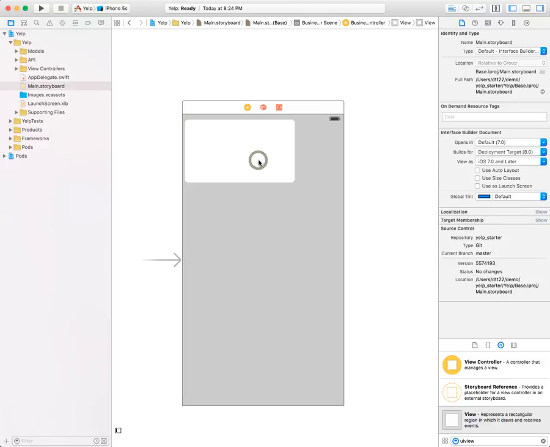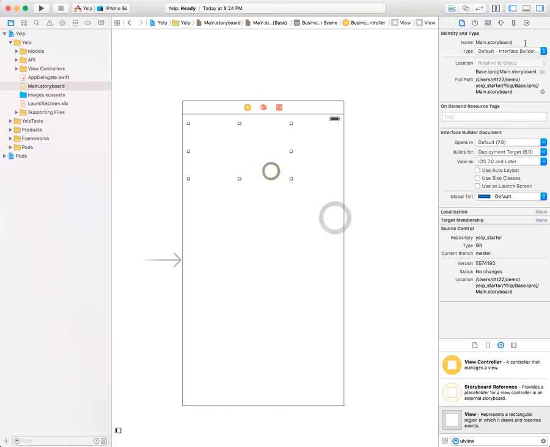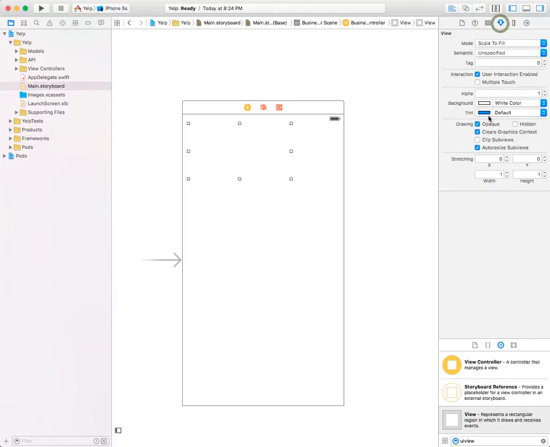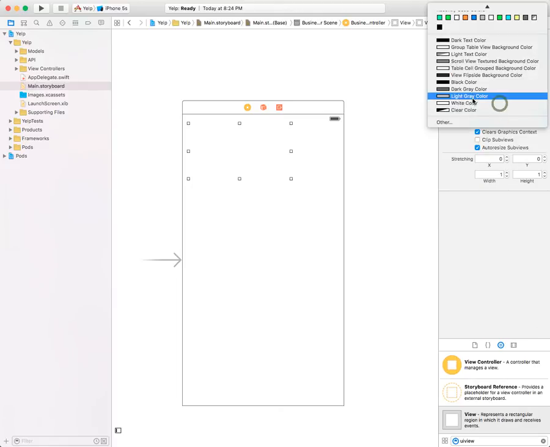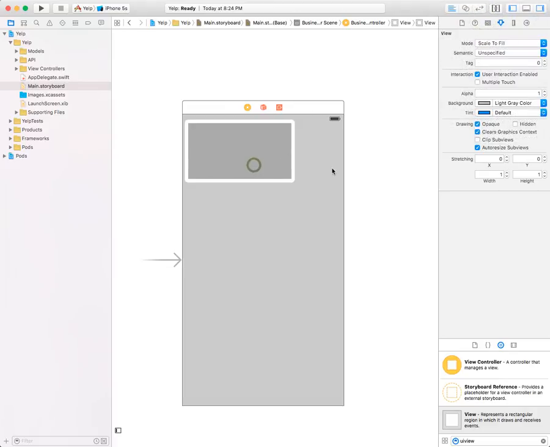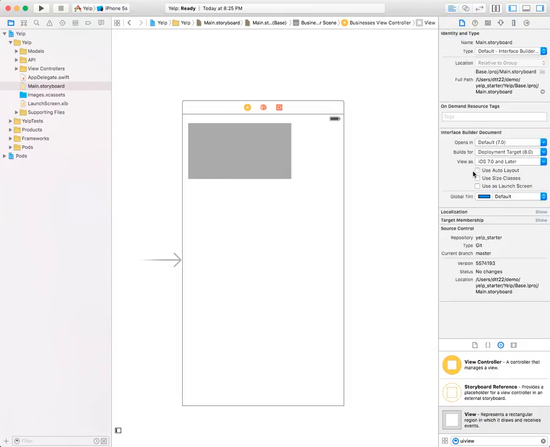All right. So this view, I click on it, and here it's in white, so it's very hard to see. Let's set a color. Background. Let's choose maybe like a gray here. Gray color. All right. Now, if I turn off auto layout, which is like you had last time, I'm going to do that right now, and build. I turn it off here, right? And if I build this project,